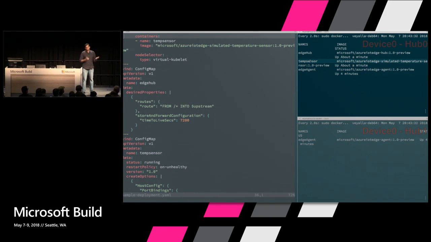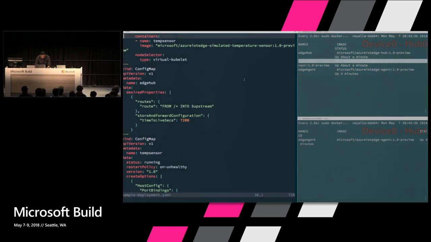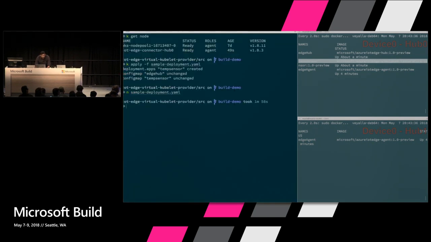Can we do anything better with what we built? So let's see. I think we can, extending the concept of the virtual kubelet. I said there is one virtual node for the US hub. Can't I have another virtual node for my Europe hub? Yeah, let's give it a try. So I